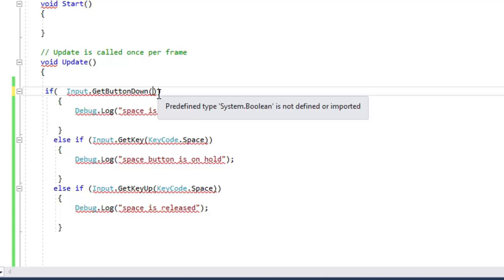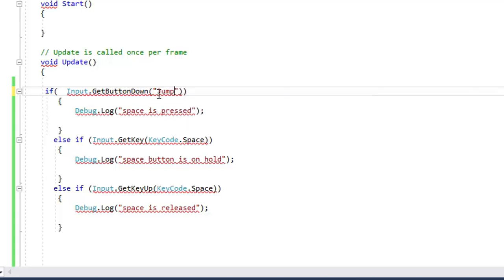So here we can write the string. The string is case sensitive, you have to take care of that. Button.